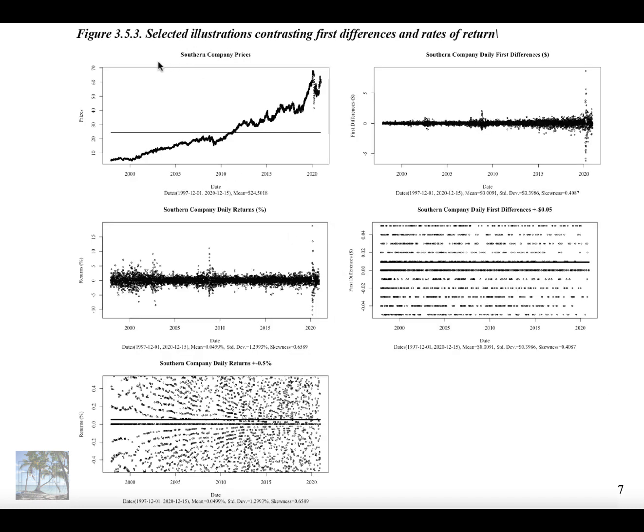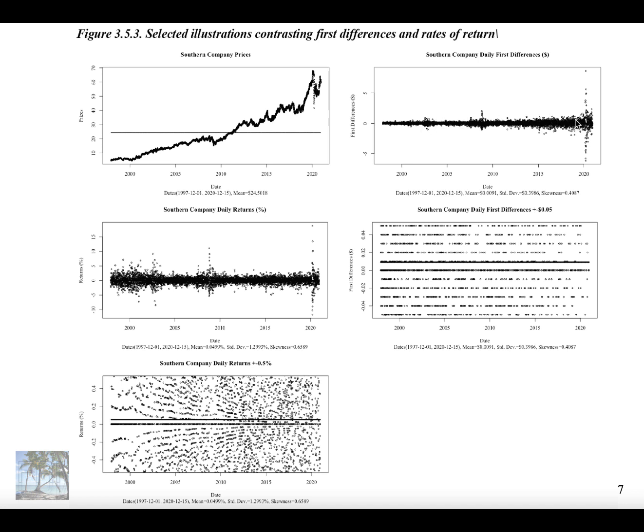What this graph depicts is just the price over this period of time. Southern Company has enjoyed quite a bit of an increase in its share price over this window of time. The average share price is between 20 and 30, but the actual price is going up. If you look at dollar first differences, you'll notice that the volatility of these first differences is very low when the price is low. We then notice that when the price is high, the volatility begins to increase. Now, this makes intuitive sense that a 1% move in a $50 price is much greater than a 1% move in a $5 price. So the first observation is as the share price increases, we would expect the first difference to